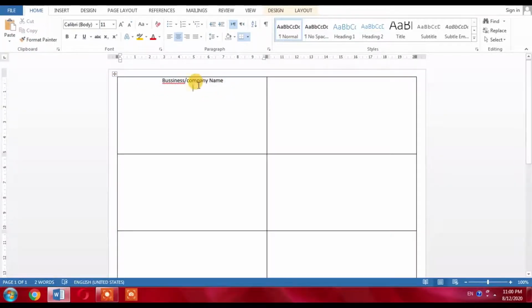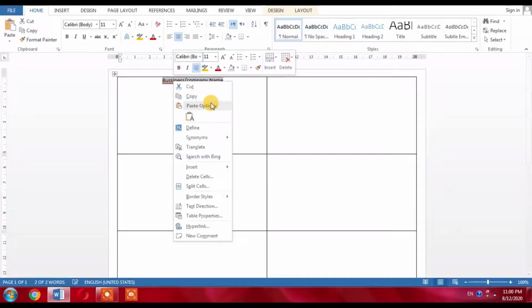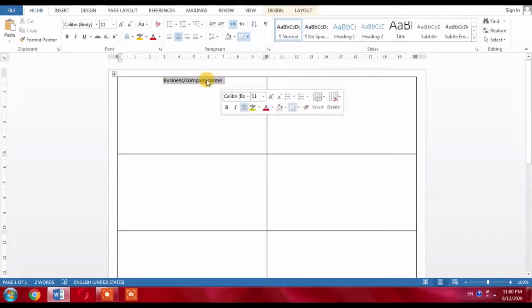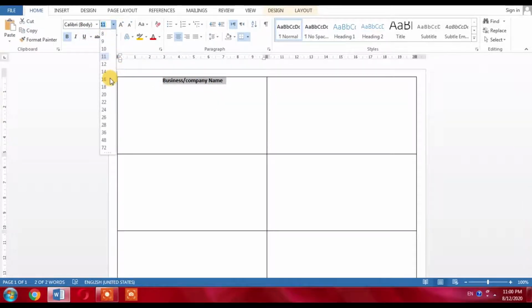Next, you can change its font. I will make it bold.